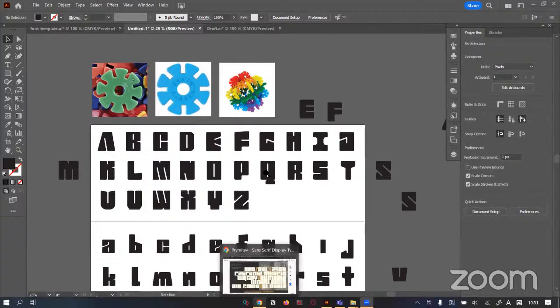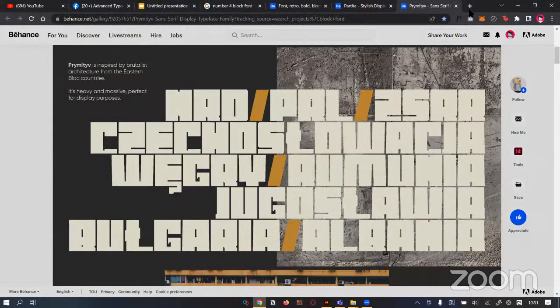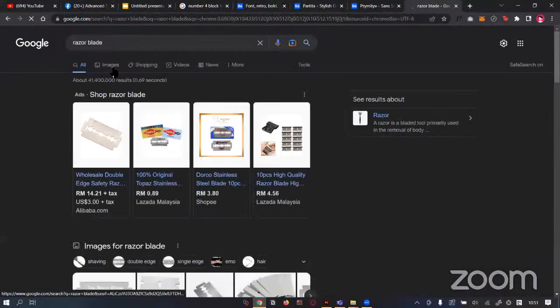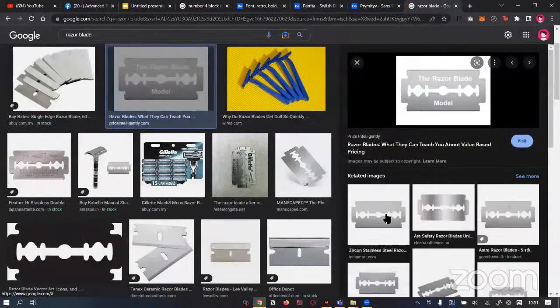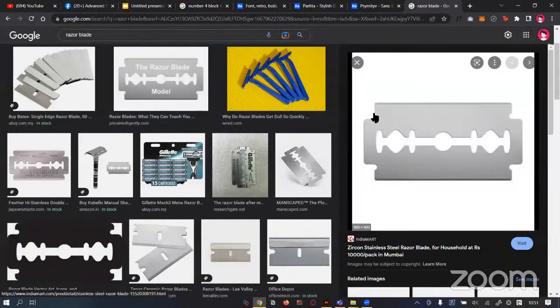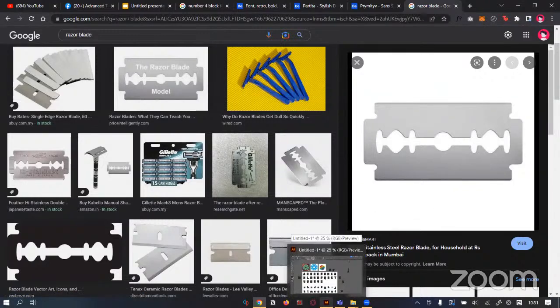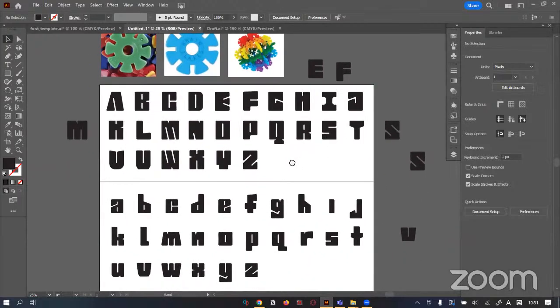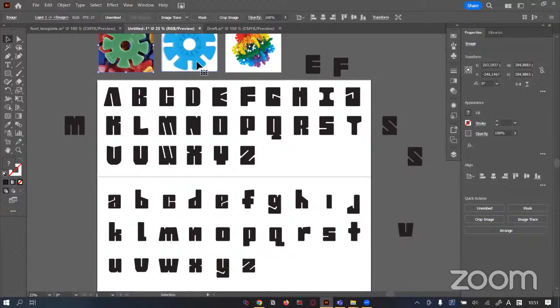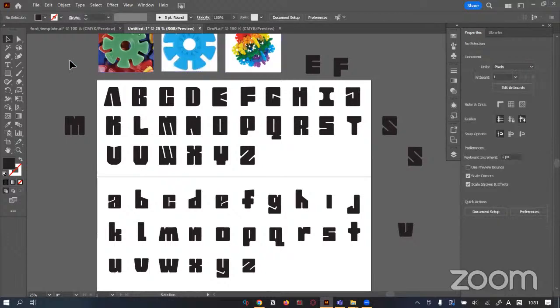I can see that it is looking a little like a razor blade. That's fine. You could say that. But my inspiration is from this one, not the razor blade. Yeah, I get your inspiration. What I'm saying is, okay, if you were inspired by this, you created this, you now just have to figure out